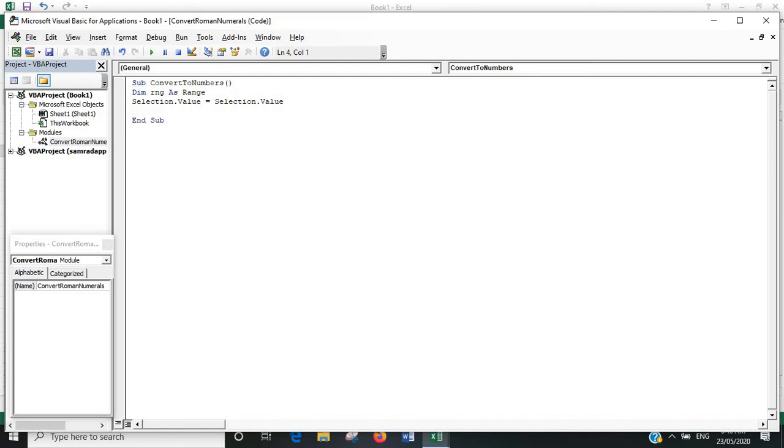So it's basically saying the values in the selection of what we're using. For each range in the selection that we're using,